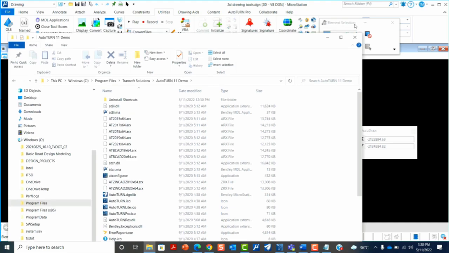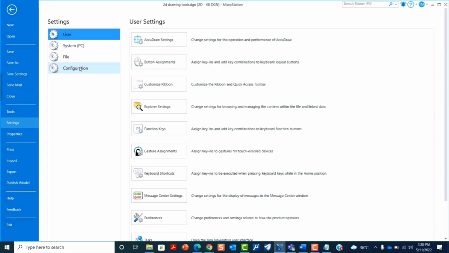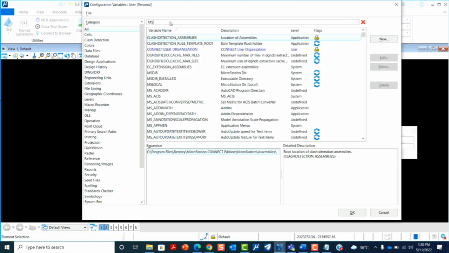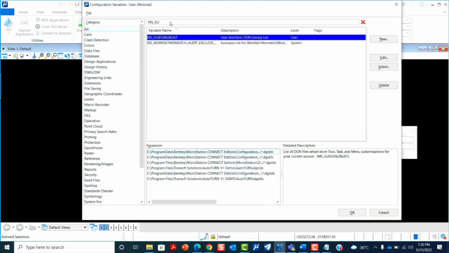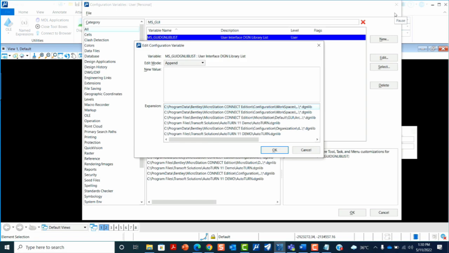To do that, you just have to go to File, in Settings, in Configuration Variable, find MS_GUIDGNLIBLIST, edit that, choose edit mode as append, and in the new value section you have to paste the path of the dgnlib along with the name of the dgnlib. Click on OK, and on the ribbon AutoTurn will appear.